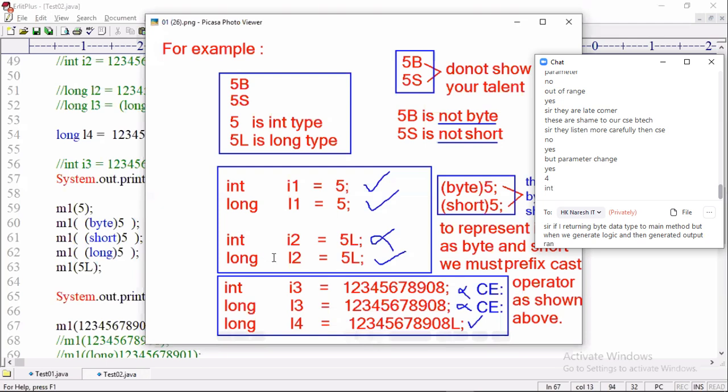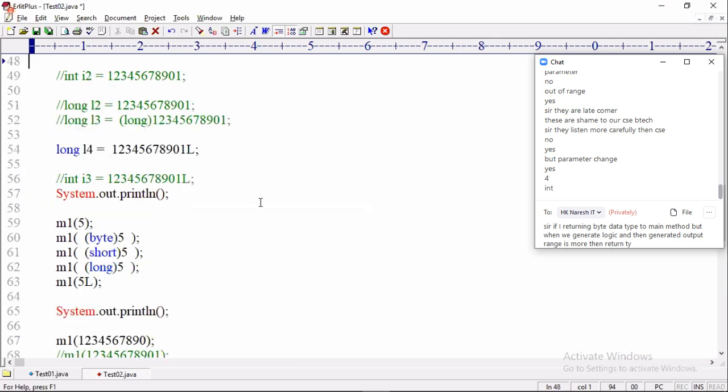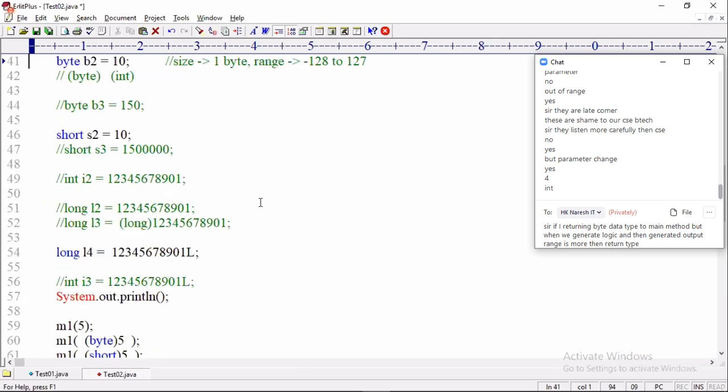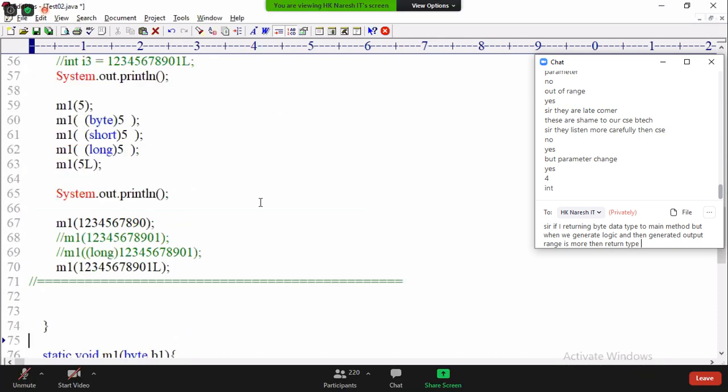Now I want to give the final conclusion. In projects, 99% of the time we will use the int data type only, because we don't use too large numbers exceeding the int range.